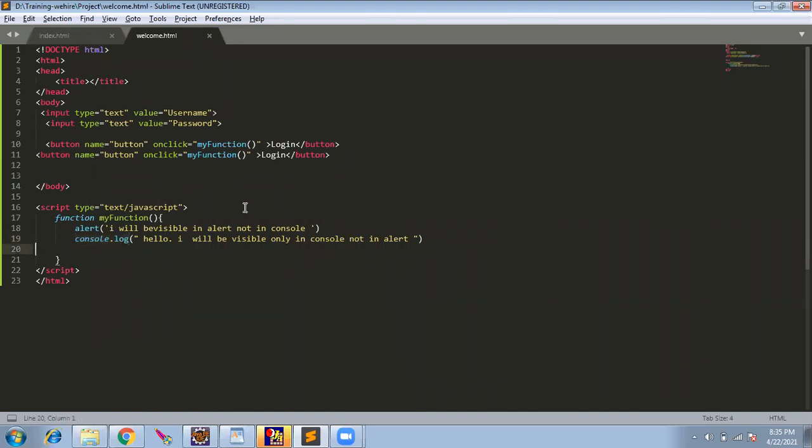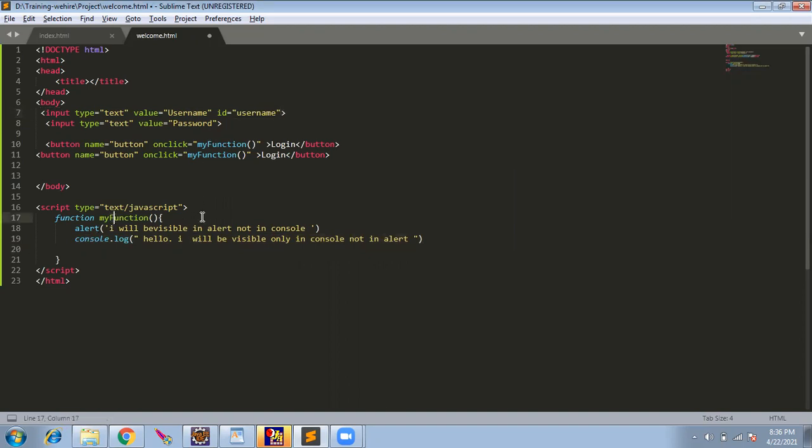Let's say here, when I click on login, I want to know what the values are. As we progress, you will see the users. Let's say we have these two values. You want to see the value entered by the user. In that case, in console, I'll give a print here, and when I run this, I can see the value. I'll show you here. Here I'll give ID equal to username.